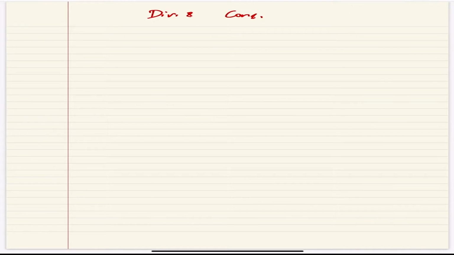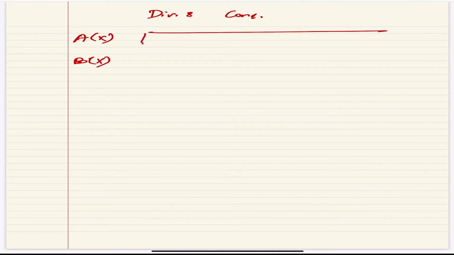So then let's think, okay, can we divide this problem into smaller subproblems? So I have two polynomials. So I have Ax, I have Bx. So this is a_{n-1}x^{n-1} up to a_0x. Now how can I divide into smaller subproblems? So then I will say, okay, why don't I think about dividing into two parts? They are roughly equal.